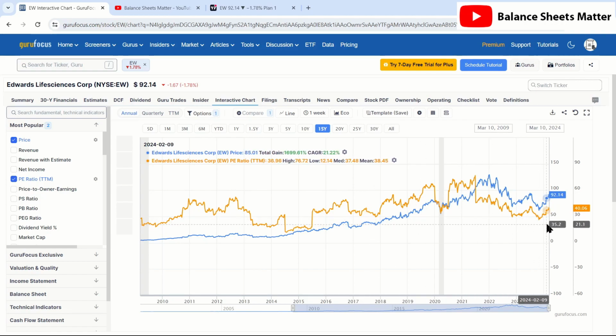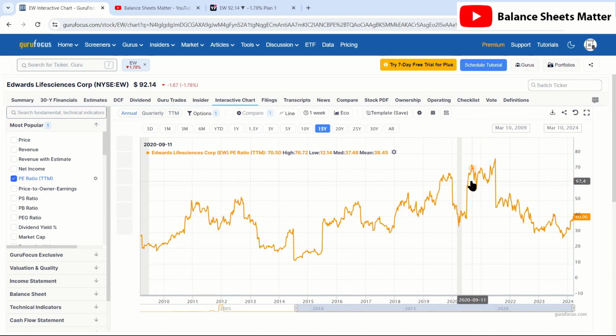And for Edwards Lifesciences, since they probably do have more net margin expansion in the future, that could very well be the case. So you can see that before they've traded very high, they're back up to a 40 right now, but their forward PE is, as we know, 33, so it's already a lot lower. So relatively speaking, you can see